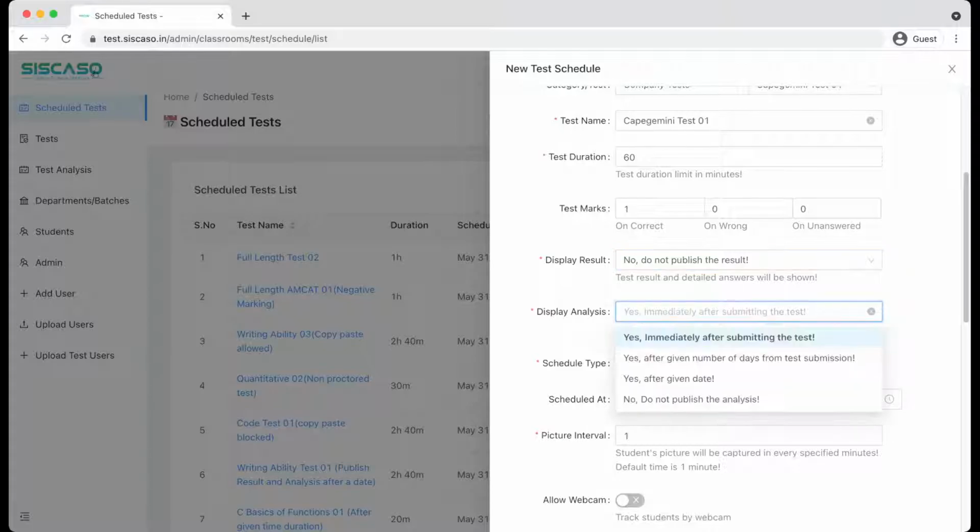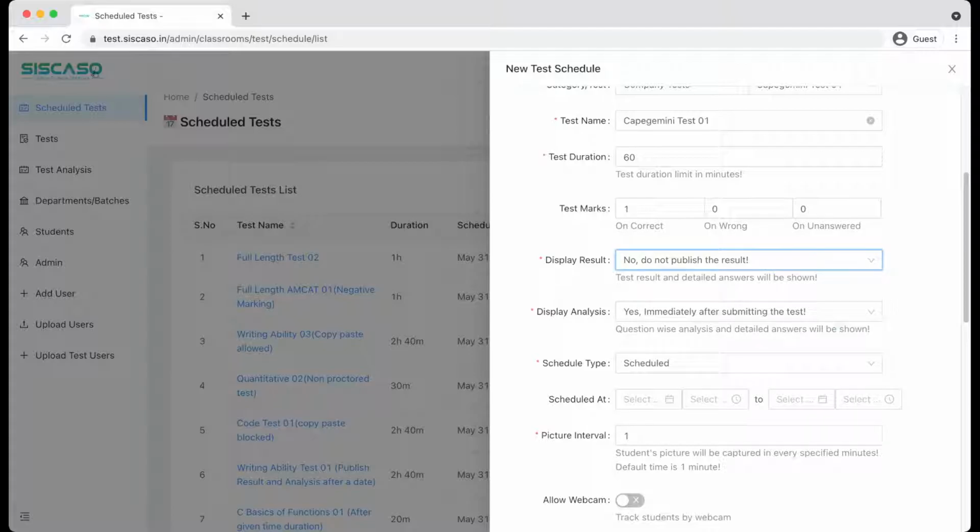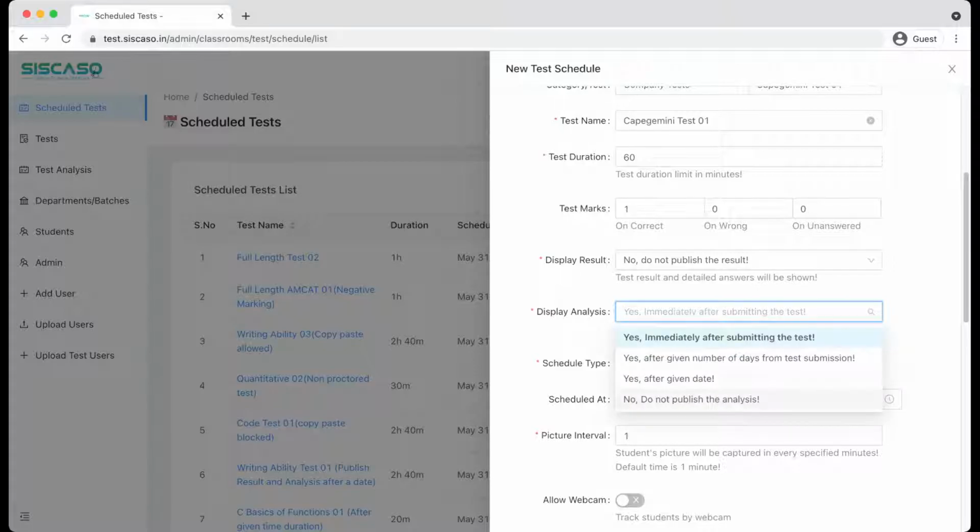The result means the overall score he got, either section-wise breakup, in each section how many questions are correct, how many questions are wrong, and the overall score. So that is about the result. The analysis is the detailed analysis for each question, how much time he has spent, the section-wise breakup, and in each section how many questions he has attended, etc. All those things will come into display in analysis. So we have the same control here also. Sometimes we might want to show only the result. We don't want to reveal which questions are correct, which questions are wrong.